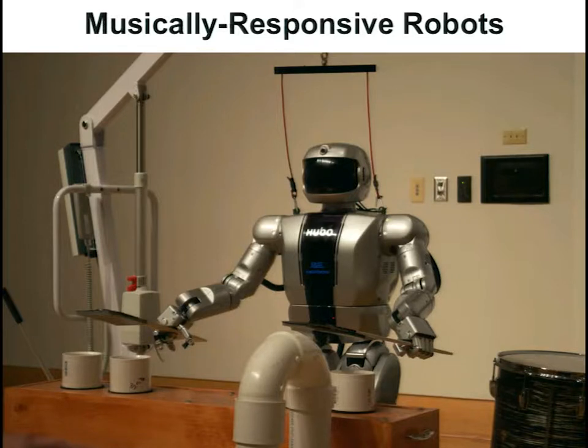In order for this to be a possibility, though, the robots have got to be able to listen to the human musical performances and extract certain high-level features so they can intelligently create their own performance which fits with the humans. One such feature is the beat. If the robots can't learn where the beats are in the humans' music, they won't be able to synchronize their music with the humans, and it won't work.